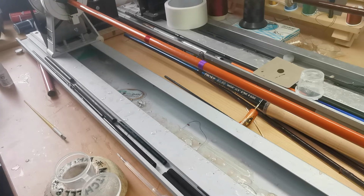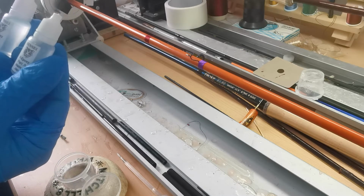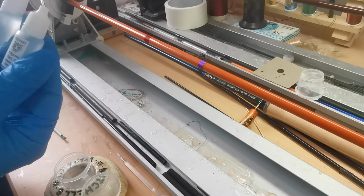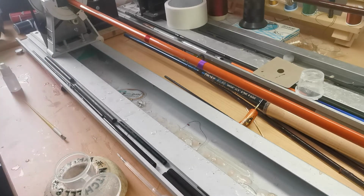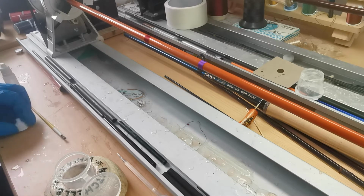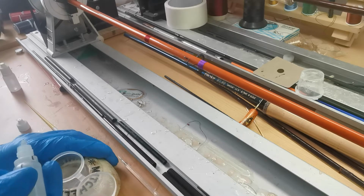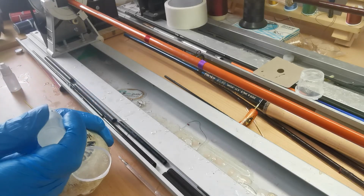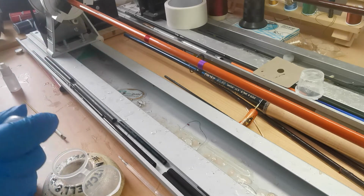There's a simple way of doing it. First thing is get a good varnish. This is a varnish we buy in from Japan, called Sensei, which we sell in small packs just so somebody can build 1 or 2 rods with. And it is the best varnish I've ever come across, and I've used them all. And what I'm going to do is start by dripping, just in this case, 10 drops